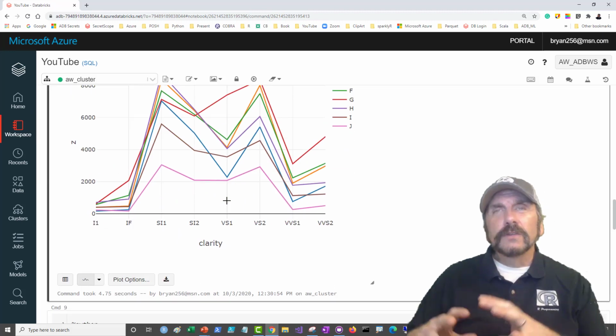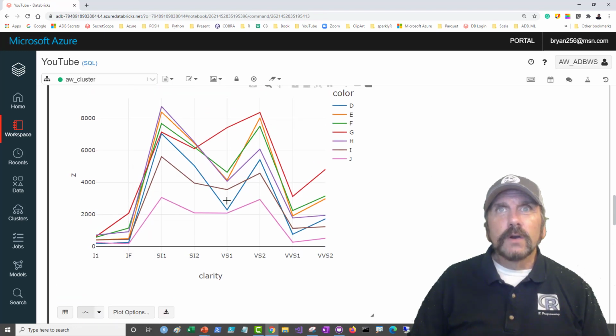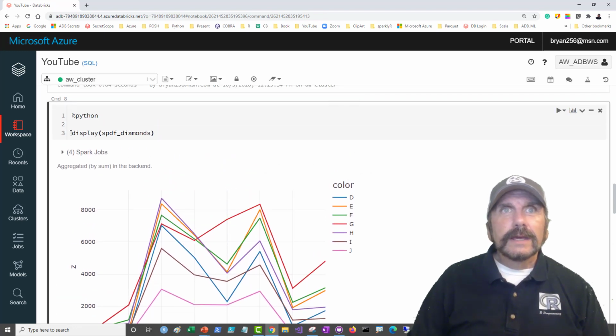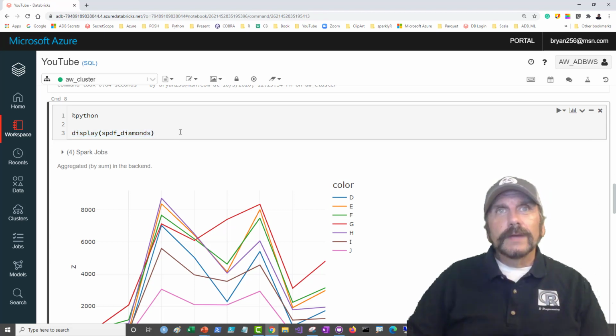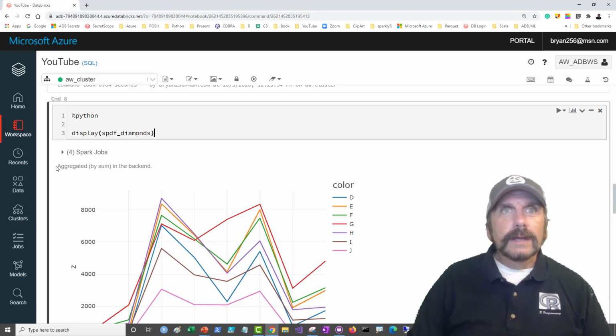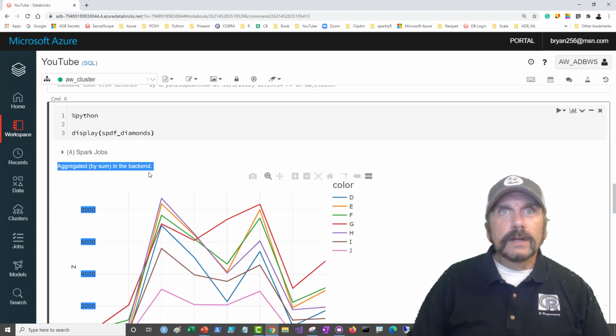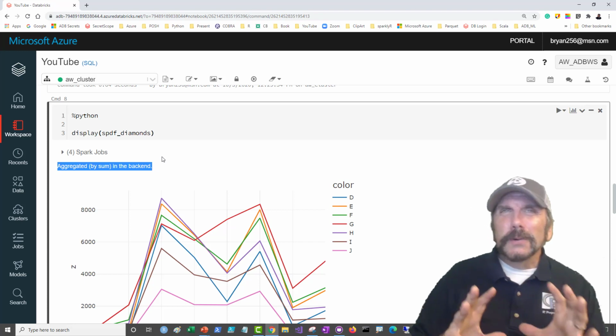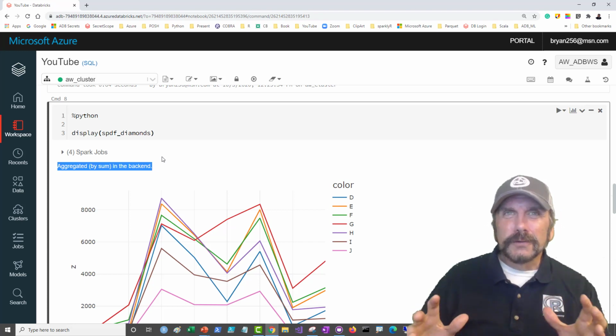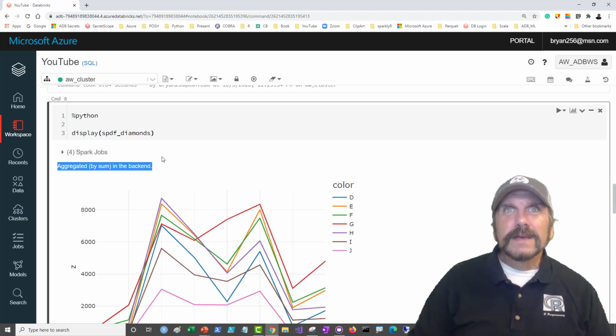So this is actually using the full data set and aggregating over it. Again, you're rerunning a command and sending it to the cluster to execute that aggregation statement for you. And here it tells you right here, it's aggregated by the sum in the back end. I love that because I'm interacting. Be cautious, obviously. If you've got a trillion rows back there, it could take a while, but it's really nice